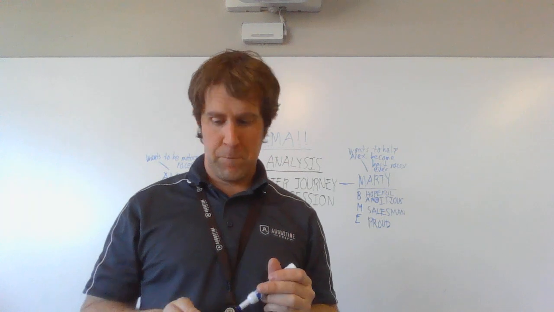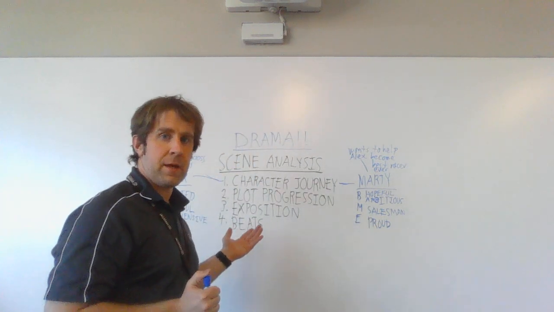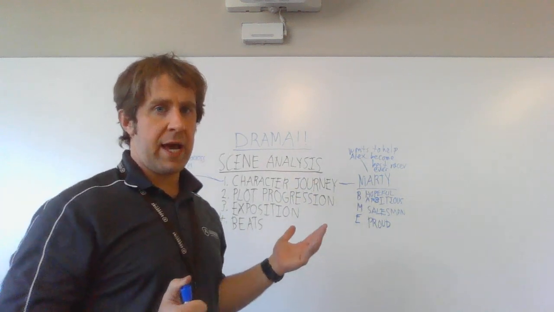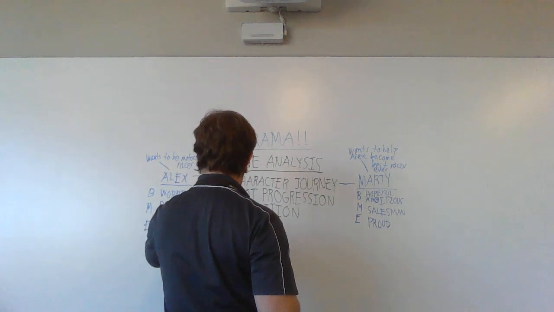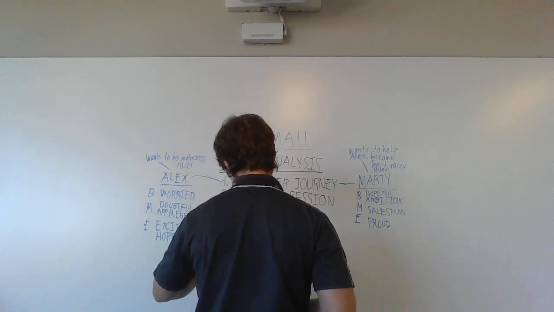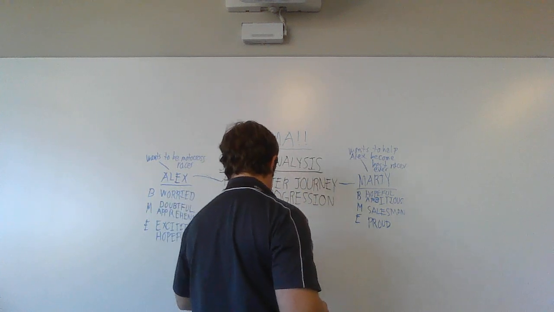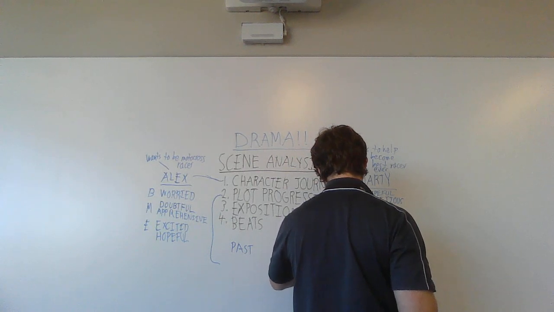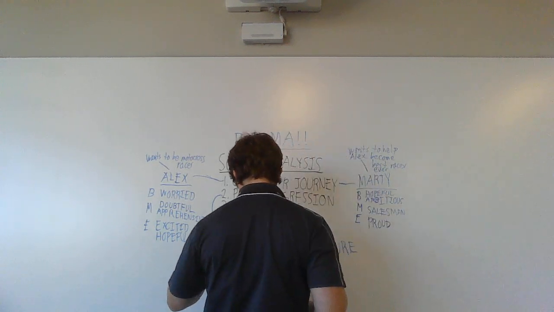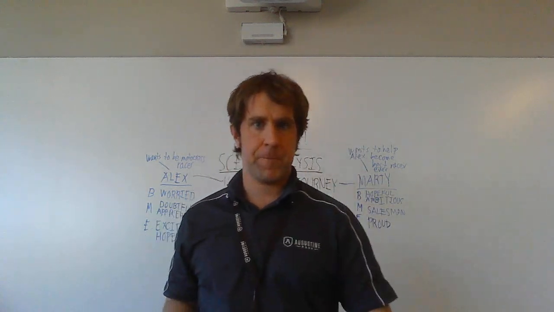All right. Okay. So we have that. We have our character journey. Now we need to go ahead and figure out plot progression. So for plot progression, I'm going to draw a line down here. Plot progression. We need past, and we need the future. It's up to us to figure out what goes where. So, in the past,